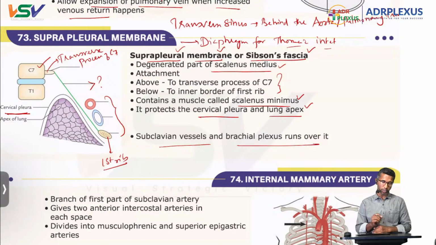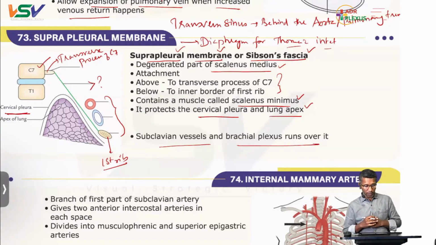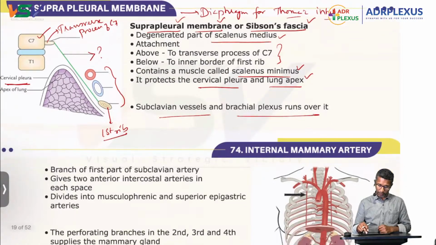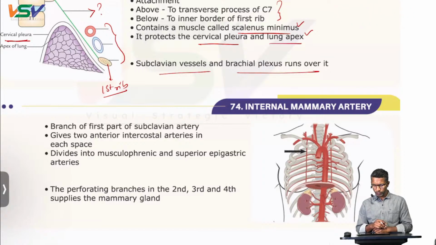They can ask you, they will mark this and they can ask you what is this membrane, or they can ask you what is the degenerated part of it, or what muscle is present in it. Any of the questions can come in the exams. Okay. So next, they can give you a picture like this and they can ask you what this